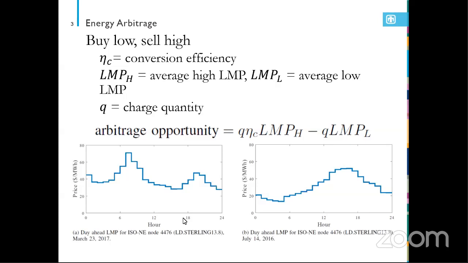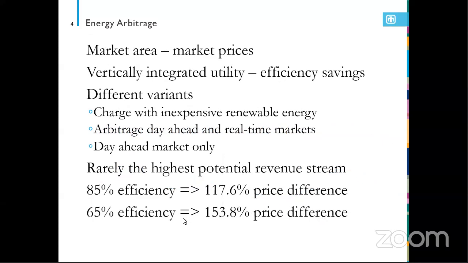But one thing that people don't often understand is that there are losses associated with storage. So just because you have a price difference between one time of the day and another time of the day, that does not necessarily mean that you have a viable arbitrage opportunity. So you have to take into account losses. If you have an 85% round trip efficiency, you need about 117% price difference before it even breaks even. Similarly, if you have a 65% round trip efficiency, you need to have about 154% price difference. So the price difference has to be quite great before you actually start making a significant amount of money on